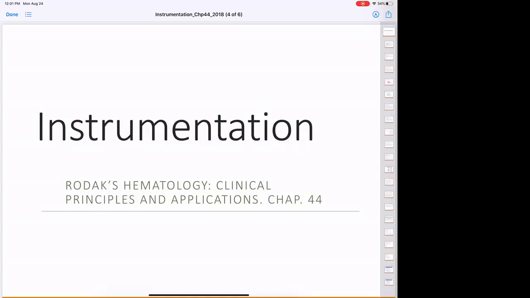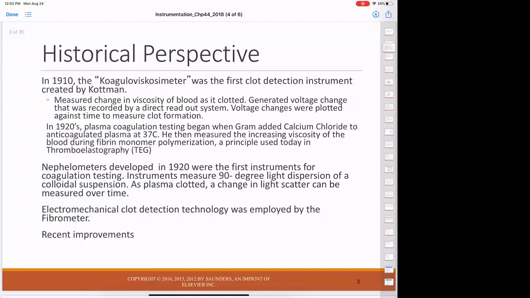Okay, everybody, welcome to your coagulation instrumentation lecture. This lecture can be found in your RODAK hematology book, and it's about your coagulation instruments and the different types of instruments that we use in coag. Just to take it back to a historical perspective,